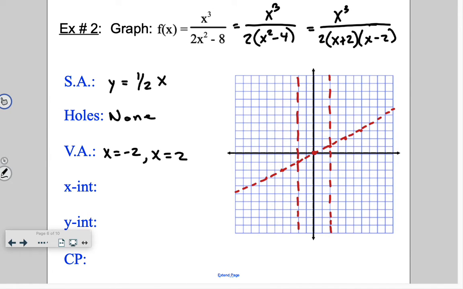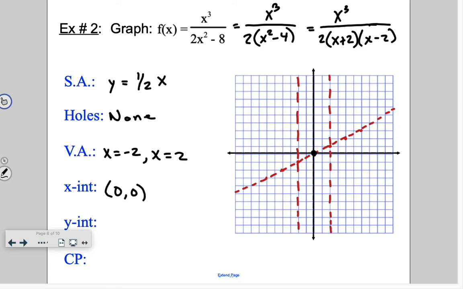For the x-intercept in this case, again, it's when the numerator equals 0. Well, x cubed equals 0. That means the x-intercept is the origin at x equals 0. We have a point on the graph right there. What does that also tell me, by the way? That means I've got a cross point on this one because I've got an x-intercept that is on the slant